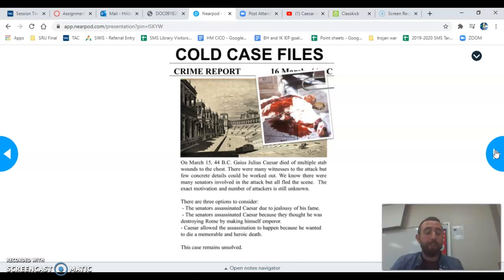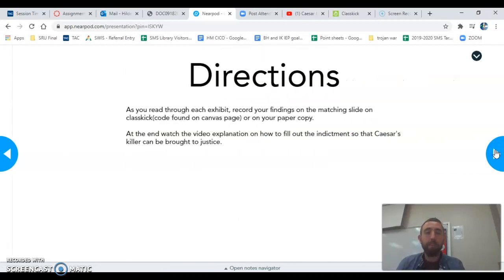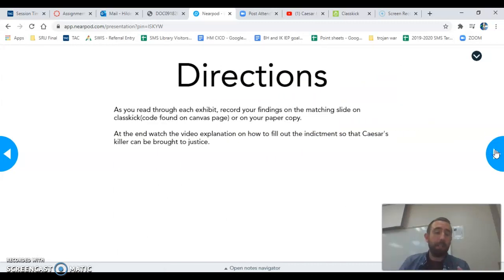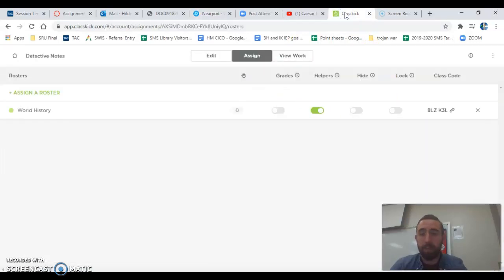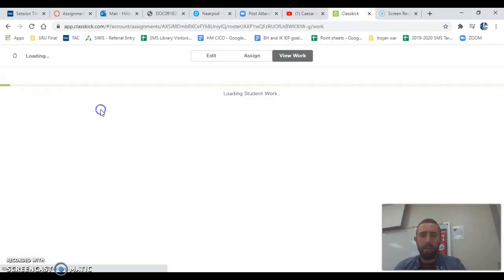So the first thing you're going to notice is as you move through the Nearpod, you're basically going to have to jump between the Nearpod and either Classkick if you're doing this virtually, or the detective sheet, the actual paper copy if you picked one up from me this week. Well, basically what you do is, for example, this slide says Exhibit A. Well, so when this slide says Exhibit A, that means the next thing you click on is going to correlate. If we hop over to Classkick, and for example,